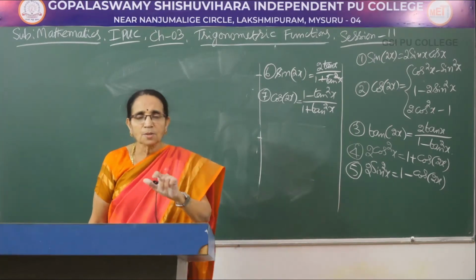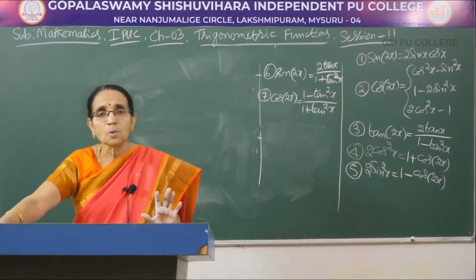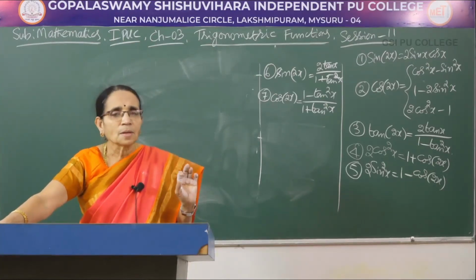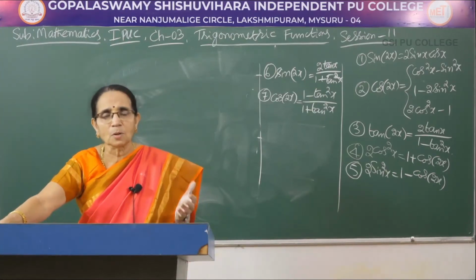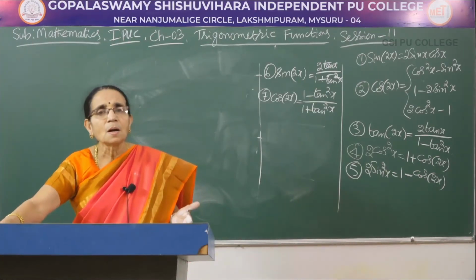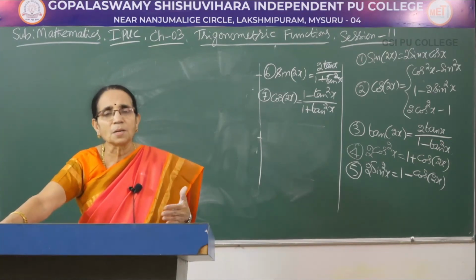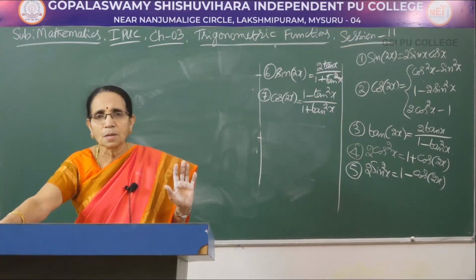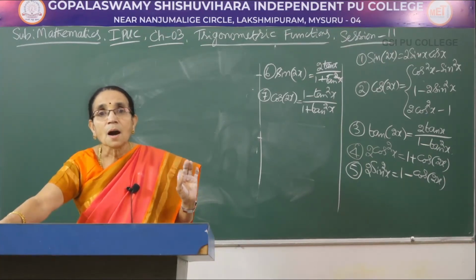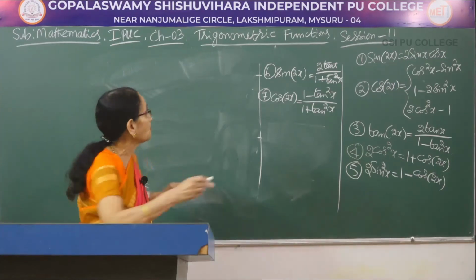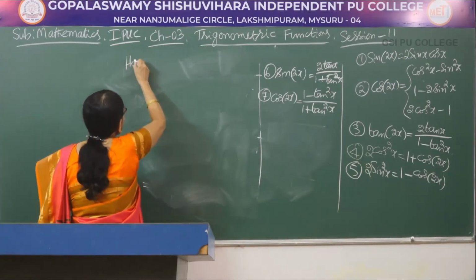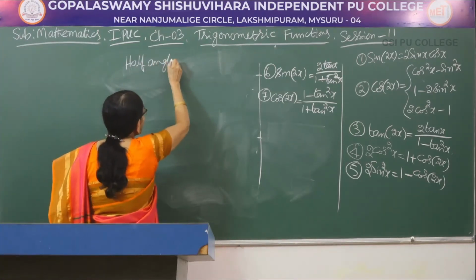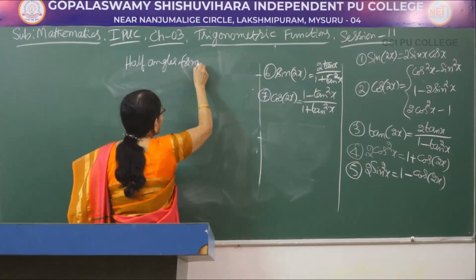Now when I started this multiple angle, I told you there is another angle called a submultiple angle. That is, when the angle x is multiplied by a rational number, 1 by 2, 3 by 2, some fraction, we get an angle that is called a submultiple angle. But that is a general definition. Here we are considering only a particular one, that is called the half angle formula. Half angle formula, that is one we are going to learn. No more derivation here. I am giving the formula directly.